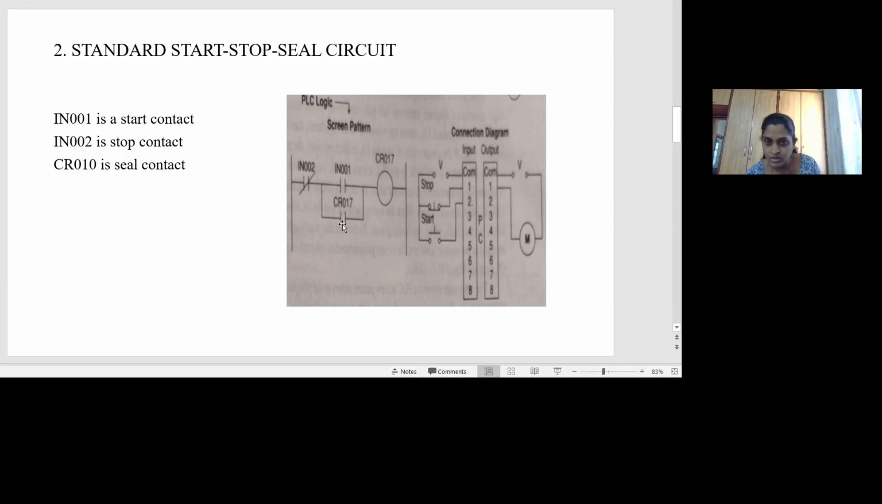Here you can see there is a contact called CR017, and it is normally open. So this is called a seal contact. Now we'll study why we need a seal. As I explained in the connection diagram here, see here, I'll start the motor by